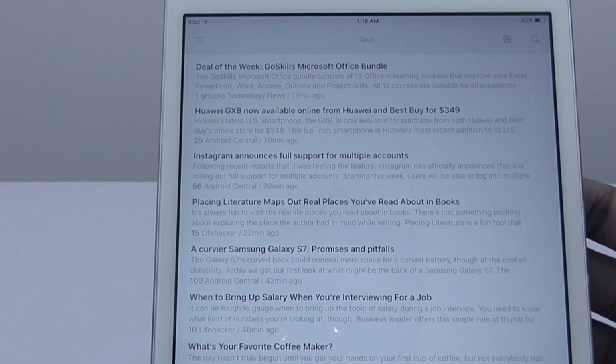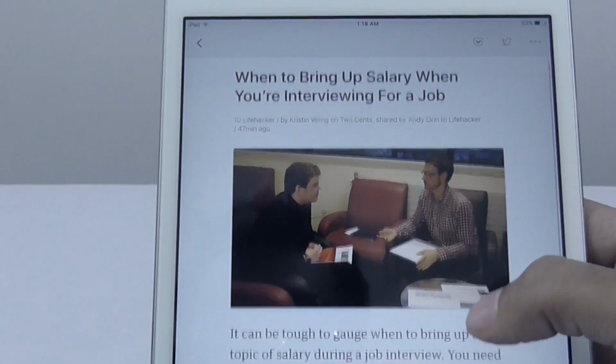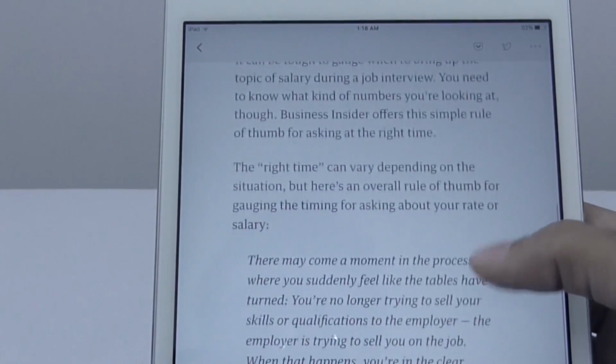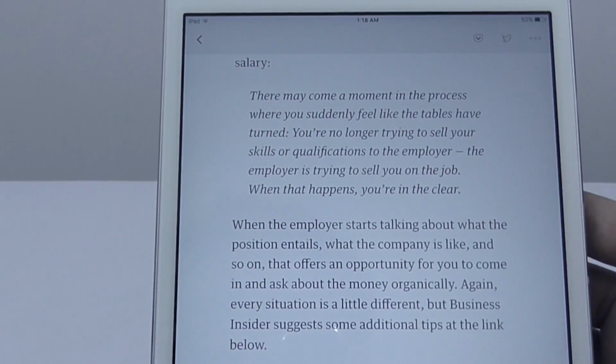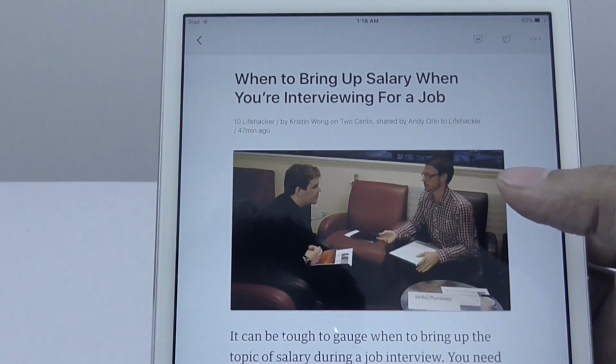Now you can go through the list by swiping up and down, and if you find something useful, then tap on that to read it. This will open the post in a clean interface with no comments, no advertisement or any kind of bullshit, just simple text on a white background, which is really important for focused reading.